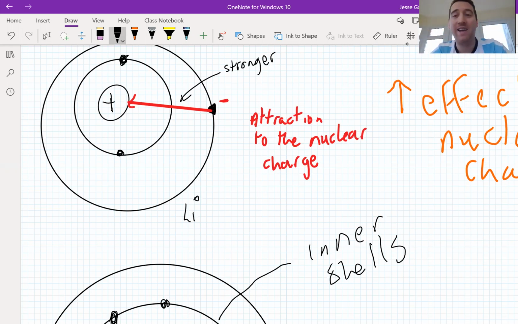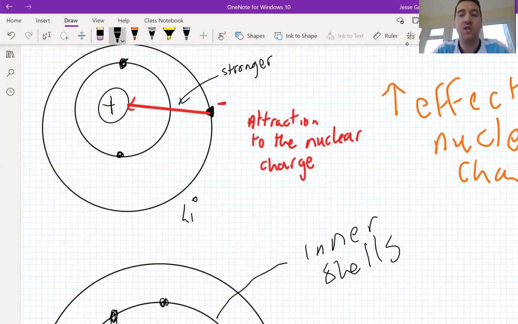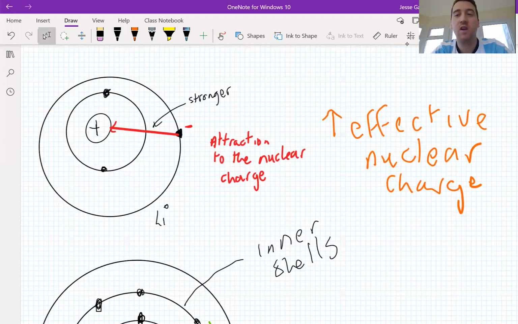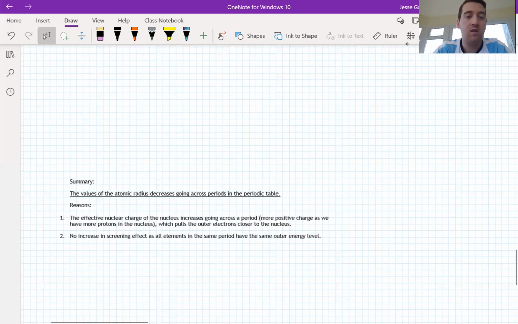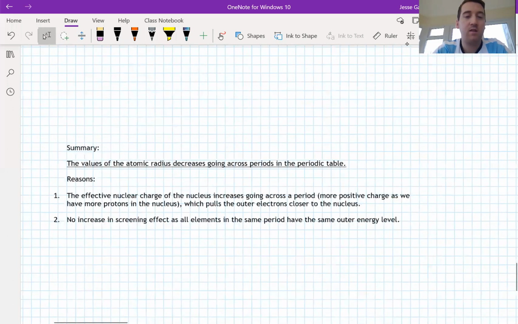We don't add any extra energy levels. So there are no extra energy levels, so the electrons aren't getting further away into further away energy levels. So we say that the effective nuclear charge is increasing. It's getting bigger because the electrons aren't getting further away into further energy levels, and the nuclear charge is getting higher. So in summary, the value of atomic radius